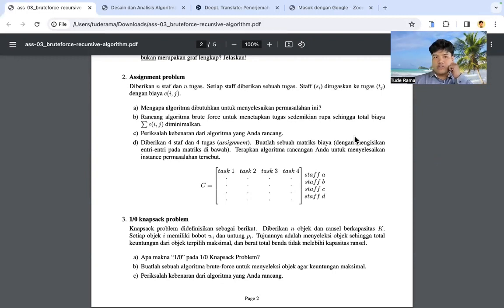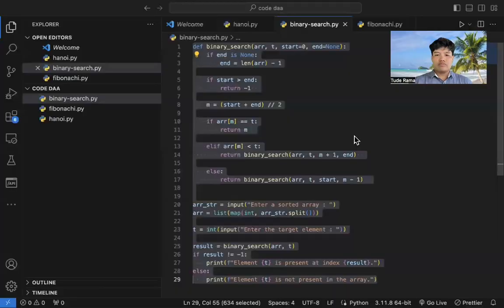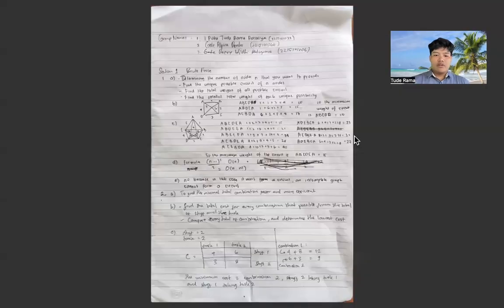My answer is to find the minimal total combination for the cost and to be more efficient.